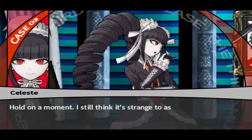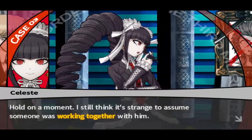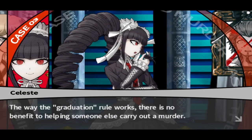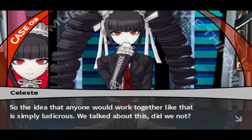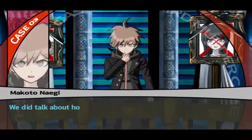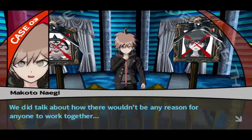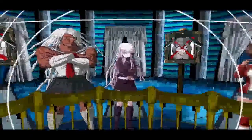Okay. Hold on a moment. I still think it's strange to assume someone was working together with him. The way the graduation rule works, there is no benefit to helping someone else carry out a murder. So he was the accomplice. The idea that anyone would help him and then simply be killed is ludicrous. We talked about this, did we not? We did talk about how there wouldn't be any reason for anyone to work together. At least that's what we thought at first, but...